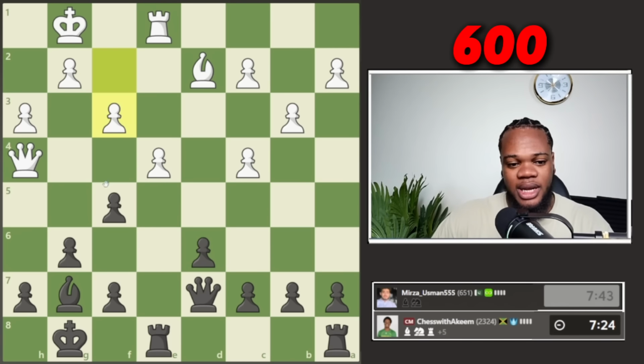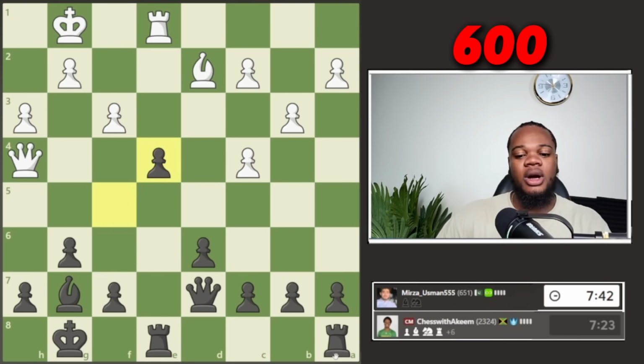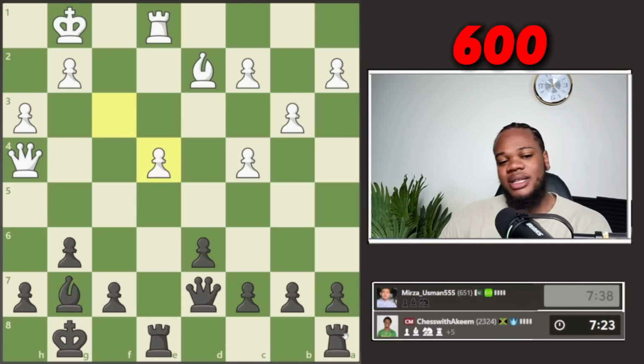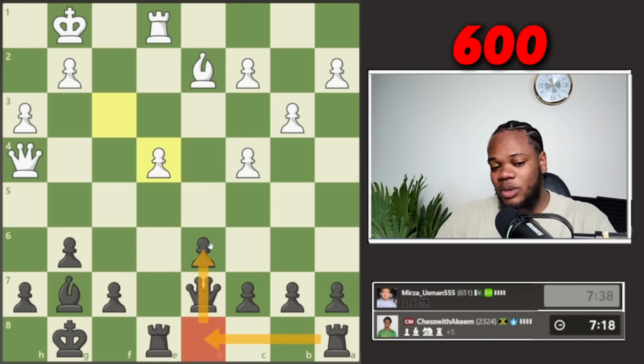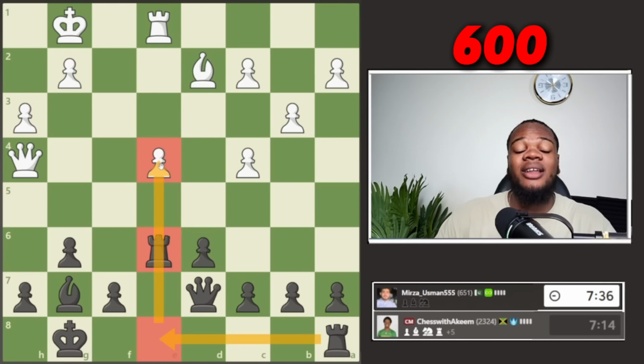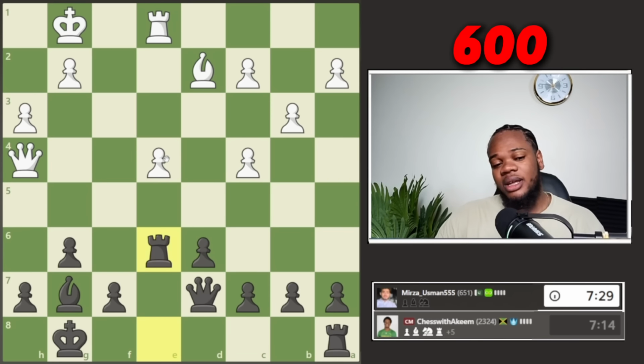He plays f3. Let's take on e4 first. The rook on a8 is actually the only piece that is not taking part in the game. What should we do? Should we put it to d8? No, because it will still be pointing towards a pawn. What we should do is play rook to e6, doubling up the rooks along the e-file. Now every single piece is going to be taking part in the game, and I will win this weak e4